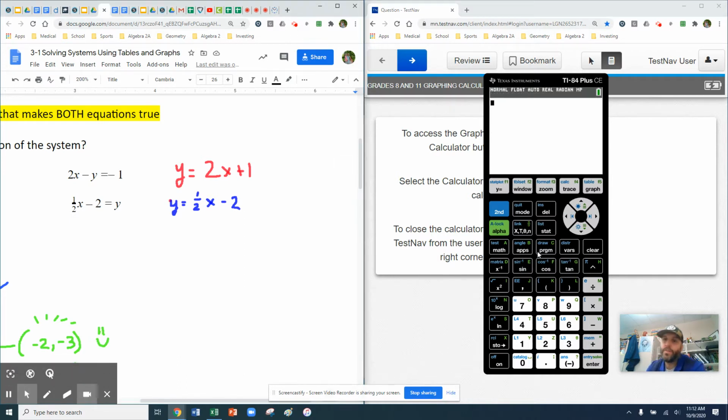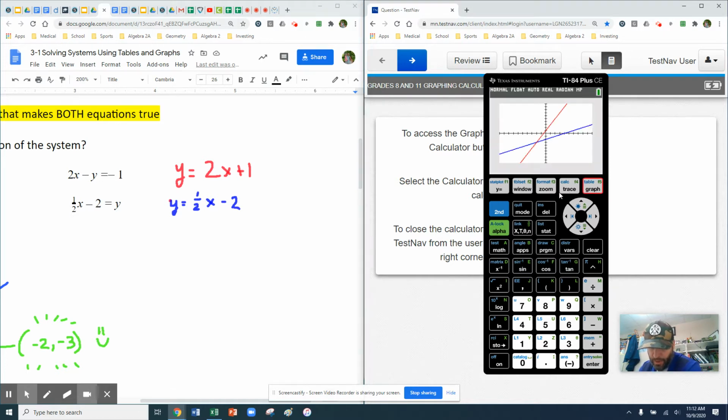The last way we can find a solution is by finding the point of intersection on your graph. So you can hit the graph button to see a picture. If your graph is not showing up, you're going to want to get used to this key sequence. This is to get back to a normal 10 by 10 window. You're going to hit zoom, then number 6 for zoom standard. That'll bring you back to a 10 by 10 window,